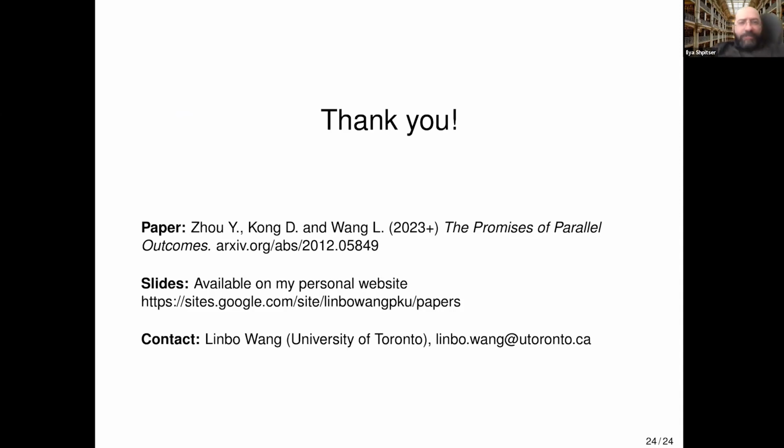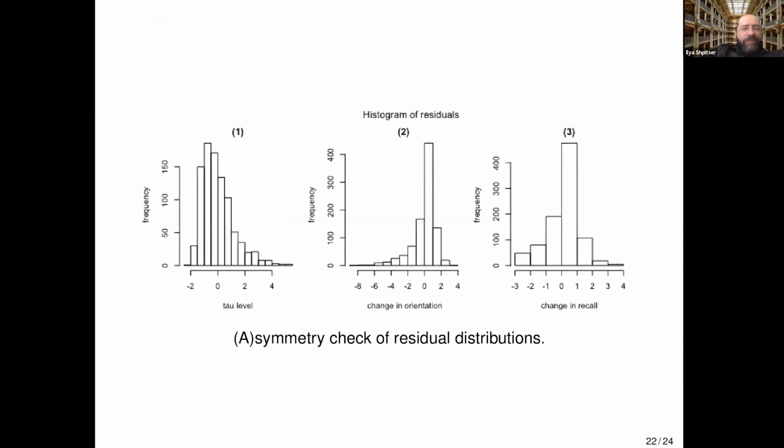I guess I have two questions. One of them is, this seems really related to proximal stuff, because it seems like your outcomes are kind of acting like proxies for each other, and I was just wondering if you had any thoughts on the connections there. And the second question that I had is